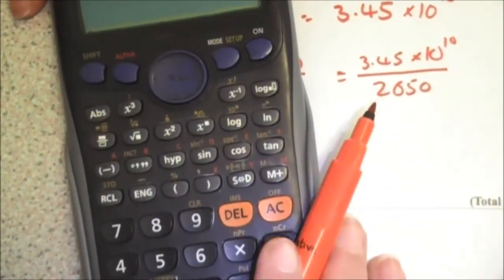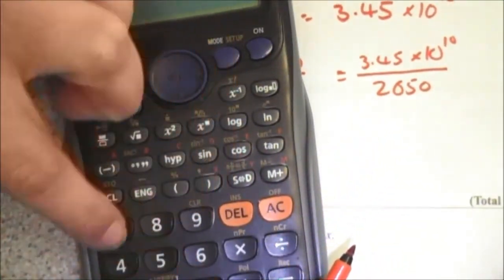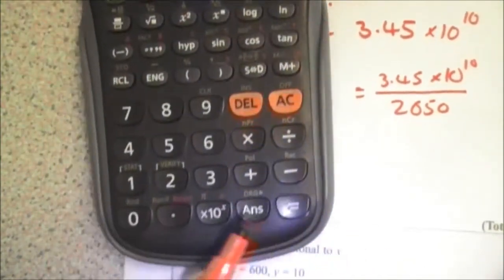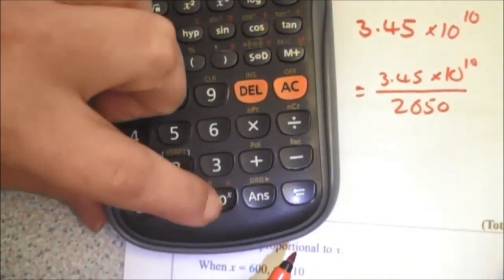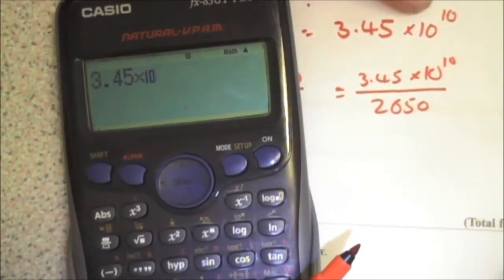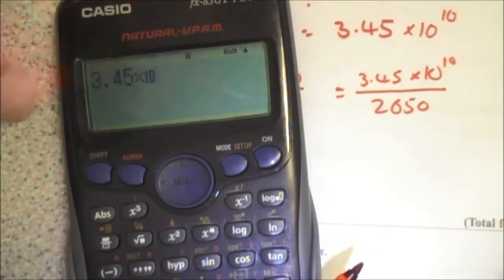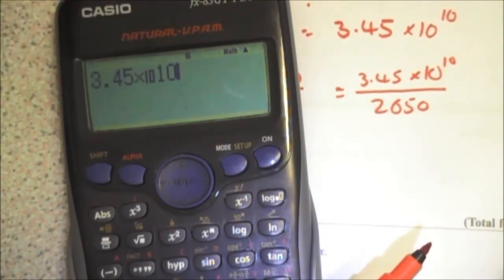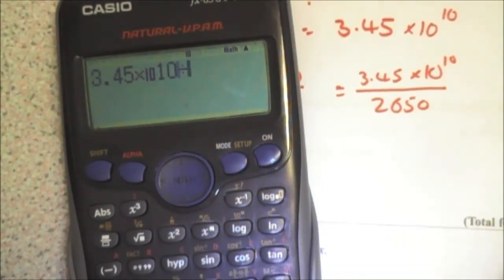So I've got 3.45, and then I'm going to press the standard form button, which is this one here. And on the display it says times 10. Now because it's to the power of 10, I just need to type in the 10 there. So that's 3.45 times 10 to the power of 10. And I want that divided by 2650